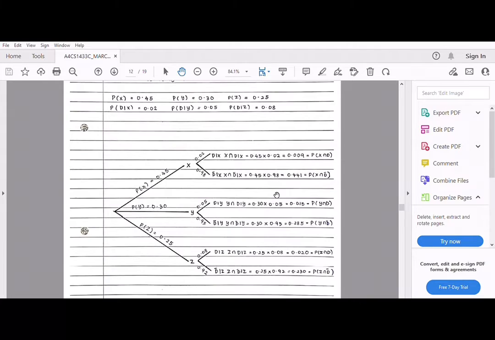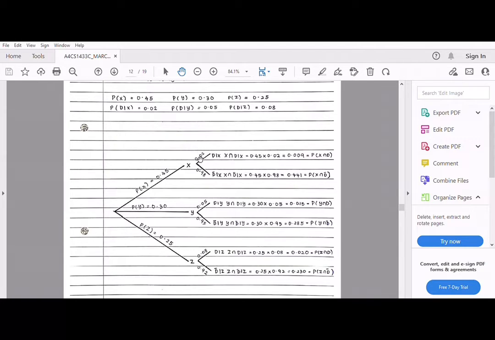The question wants you to construct a tree diagram. So you have to draw 3 branches like this and put X, Y, and Z here. Okay, first one, you have to write here probability of X. So it is 0.45. Here probability Y. Here is probability Z. Okay, next step, you have to draw like this, and the first branch represents probability of delay